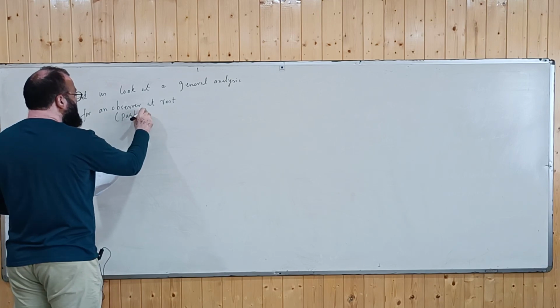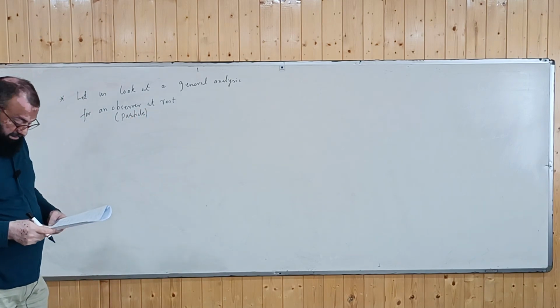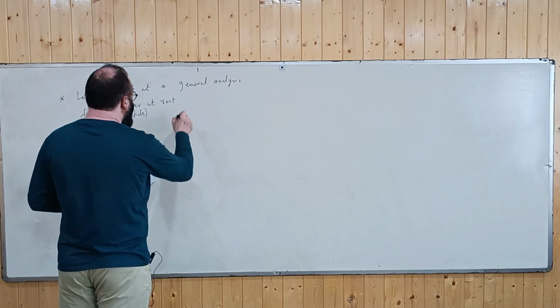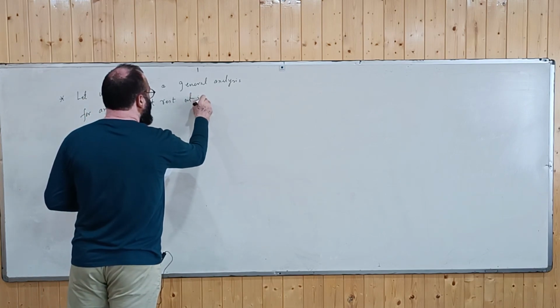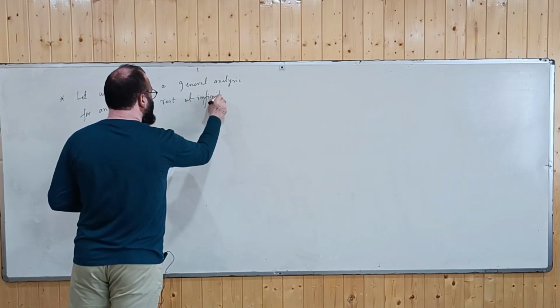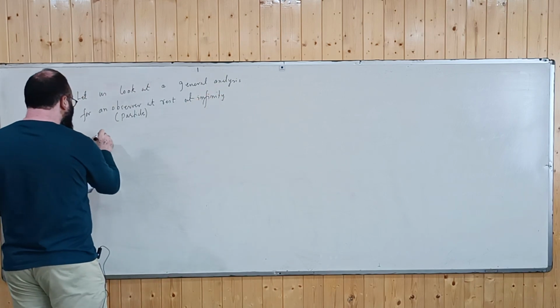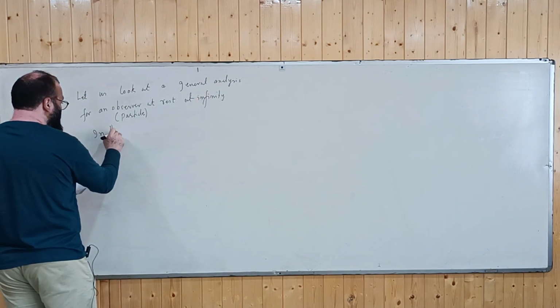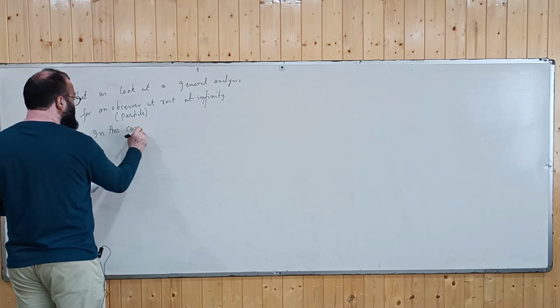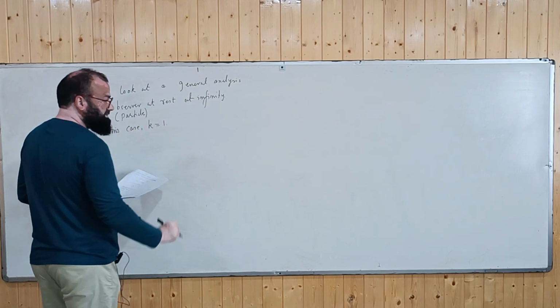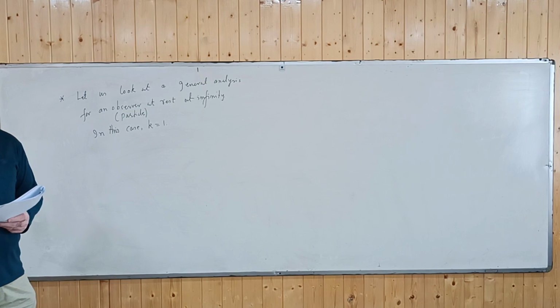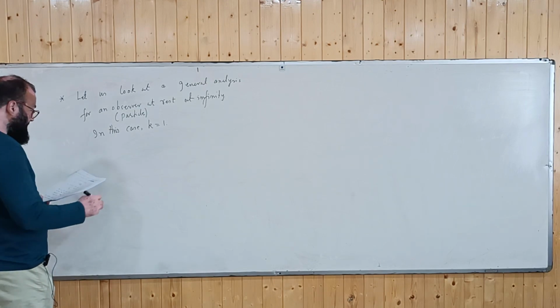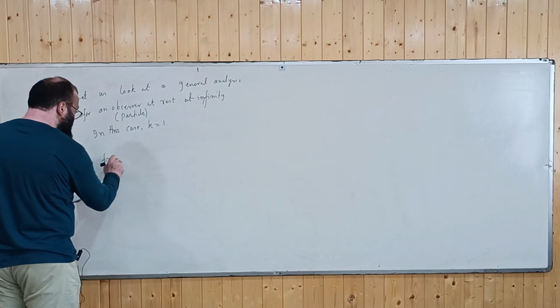When I say the particle, it means the massive particle, the object carrying the mass. In this case, our constant k is equal to 1. So therefore, from the geodesic equations,